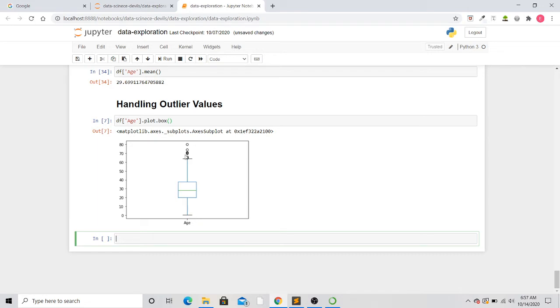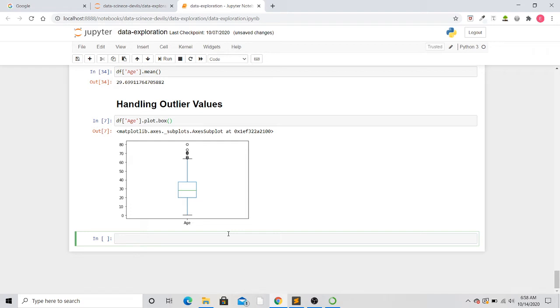So any value greater than my maximum is an outlier for the age column. So we have found the outlier for age. Anything greater than 65 is an outlier for the age column present in the Titanic dataset.